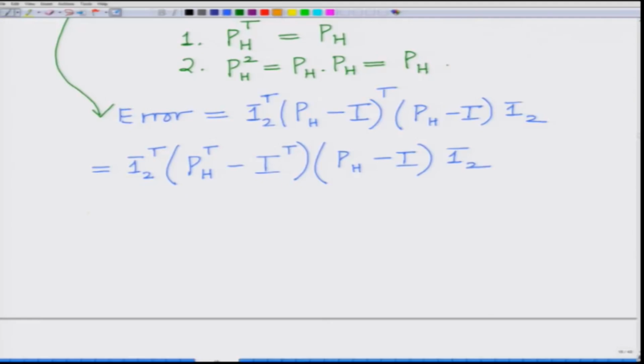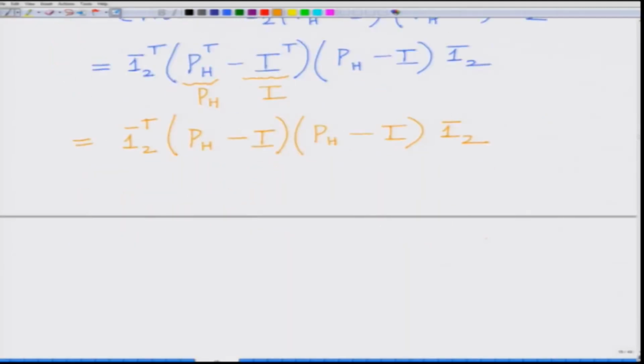Now, you can see P_H transpose is equal to P_H itself, because that is what we have proved earlier, and I transpose is the identity matrix itself. So, this is 1 bar 2 transpose into (P_H minus identity) into (P_H minus identity) into 1 bar 2, which is equal to,